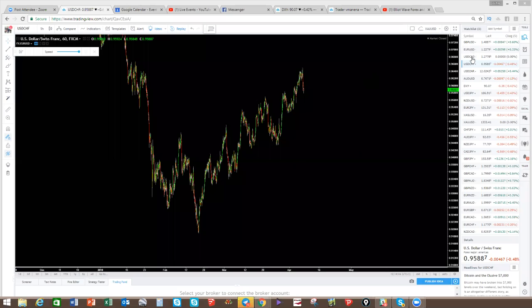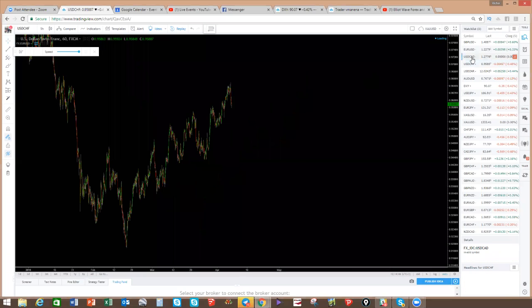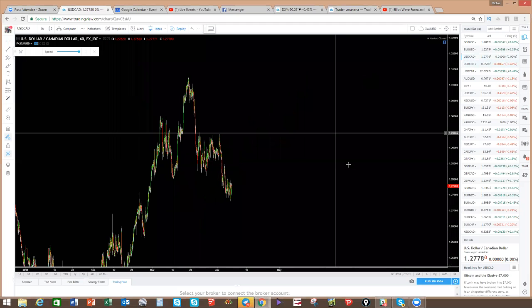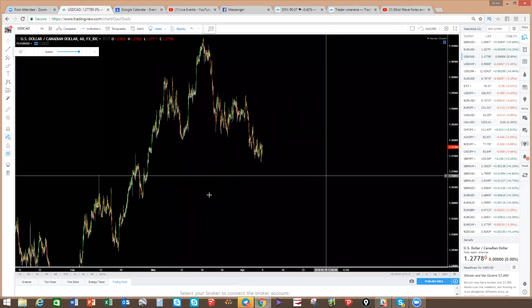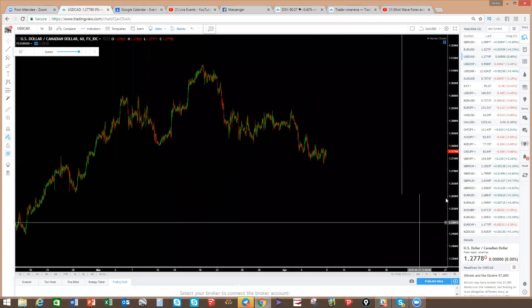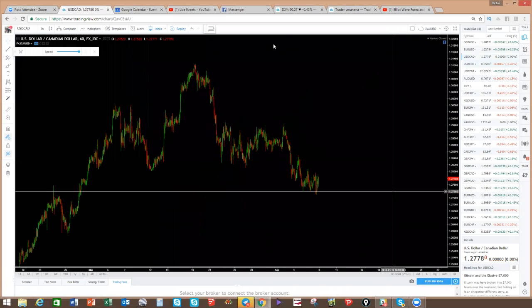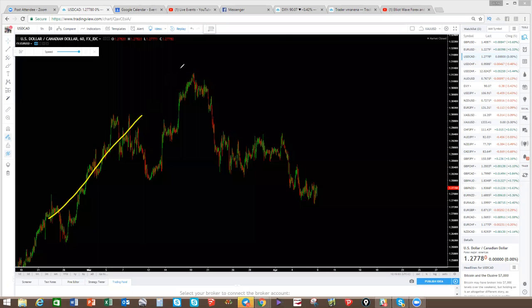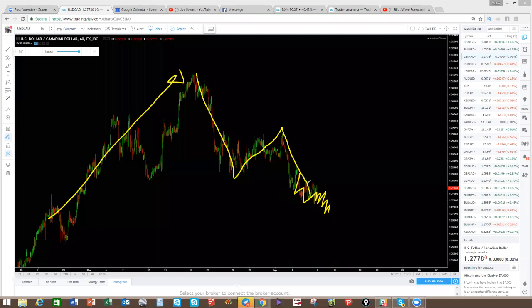All right. Okay. Let's look at US dollar CAD. US dollar CAD is making a very interesting move. So what you have there is a swing up to this level, but now it's making this 1, 2, 3 wave move. And the nice thing about this 3 wave move is ending with a V pattern. So we will be expecting at least a 3 wave bounce here. We don't know if it's going to go back and retest there, but for now, what you get when you get an impulse and a correction here, you take the trade